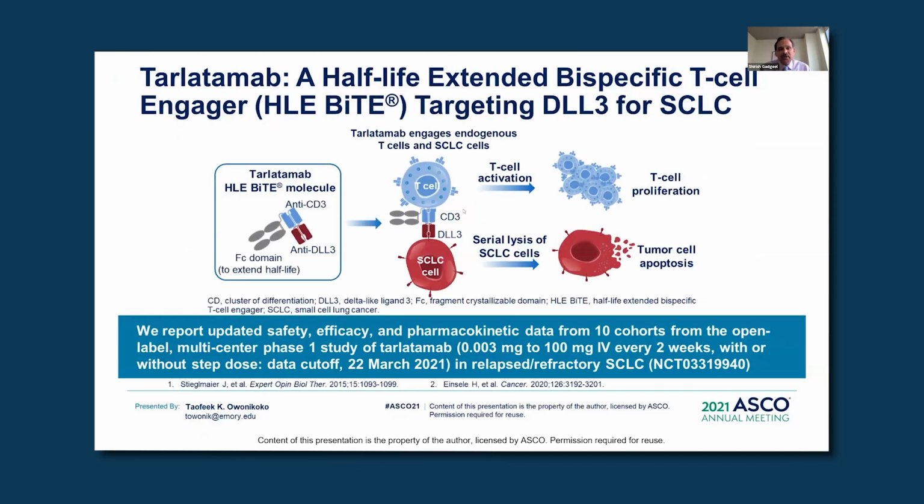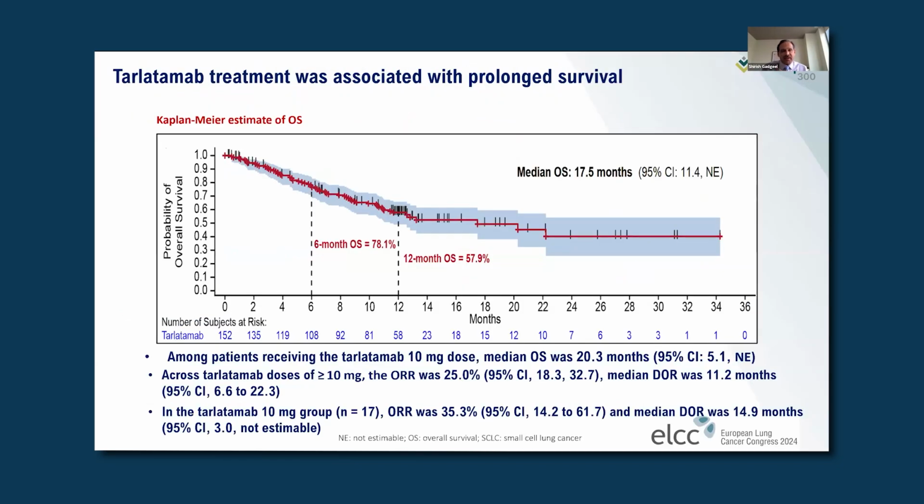I also want to tell you that this immunotherapy, this BiTE drug, was developed by targeting this substance called DLL3 in small cell lung cancers. There are other such targets on not only small cell lung cancer, but non-small cell lung cancer and other cancers that could be utilized similarly to develop other such BiTEs or bispecific T cell engagers to do the same thing that this drug called tarlatamab does in small cell lung cancer. So this is an expanding field and could show a benefit in both small cell lung cancer and non-small cell lung cancer. This drug right now is FDA approved in small cell lung cancer after chemotherapy and immunotherapy,